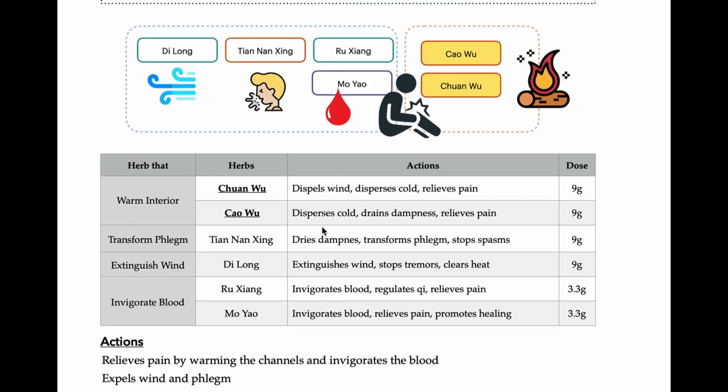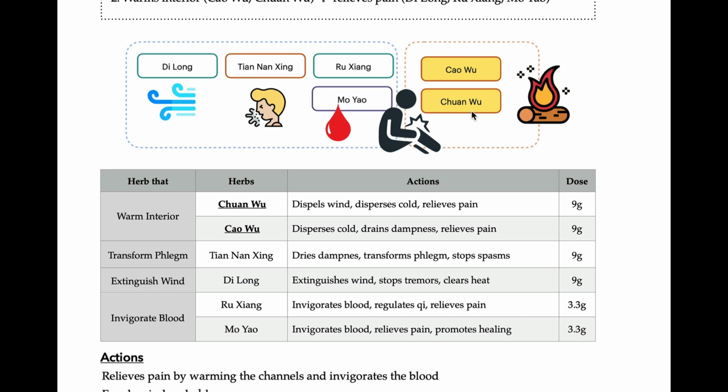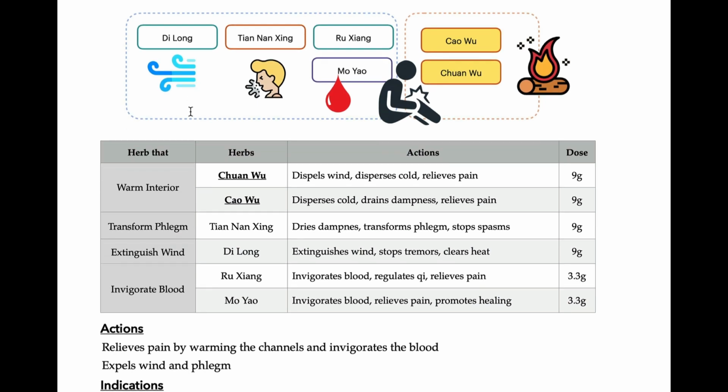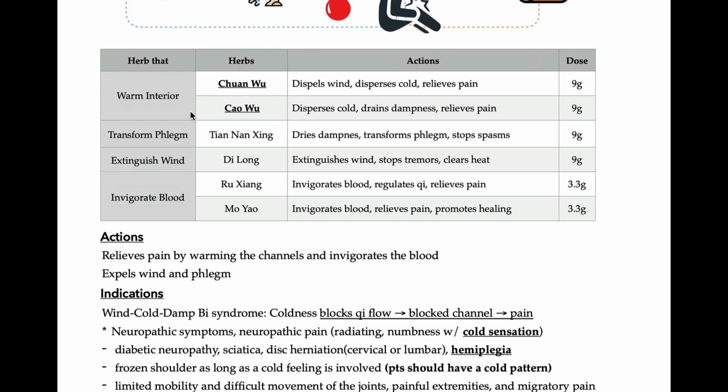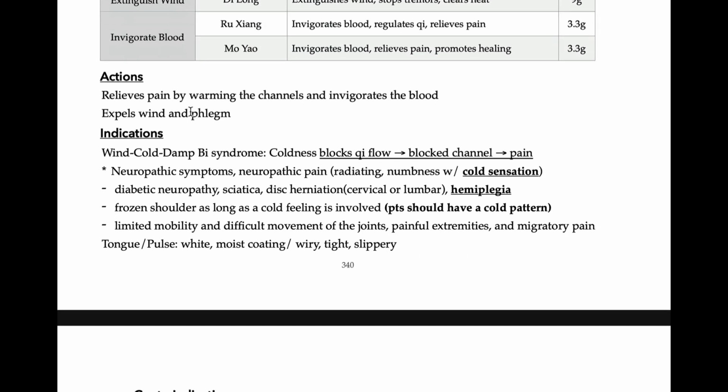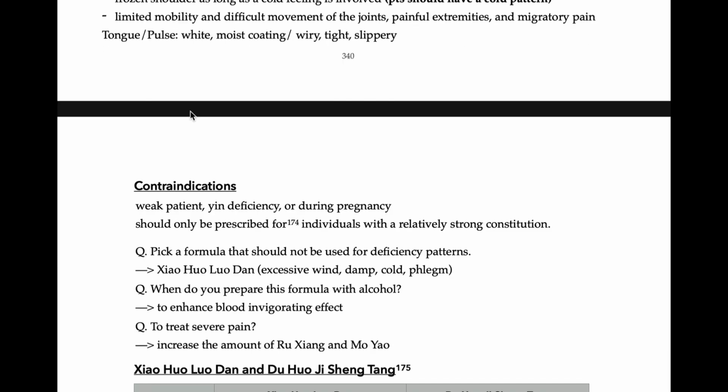So it warms with Jiao and Jianwu, so the Fuzi family. It is an extremely warm and heating formula, and treats blood deficiency and phlegm, so to speak, rheumatism, and releases wind. So it has everything to treat those joint pains. A lot of neuropathic symptoms, sciatica symptoms with excess, not deficiency signs. So this formula should not be used for deficiency conditions.